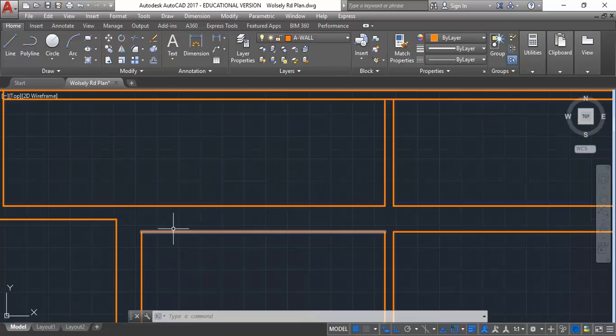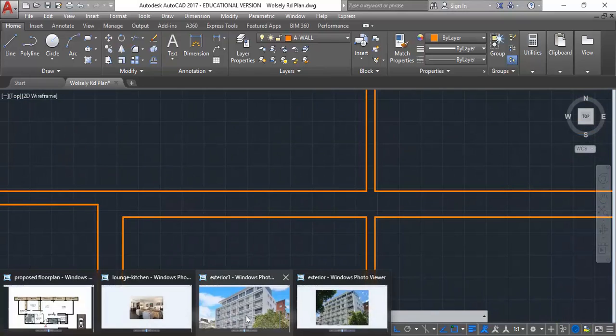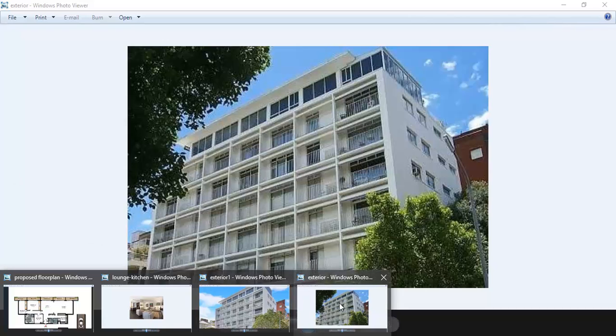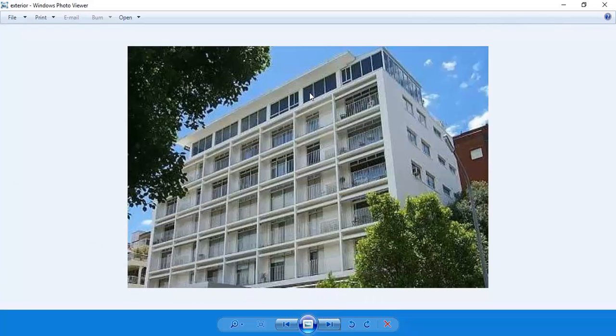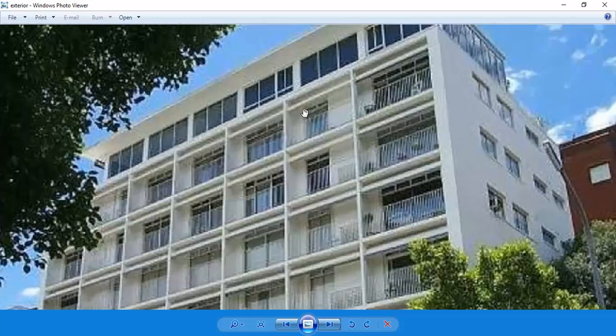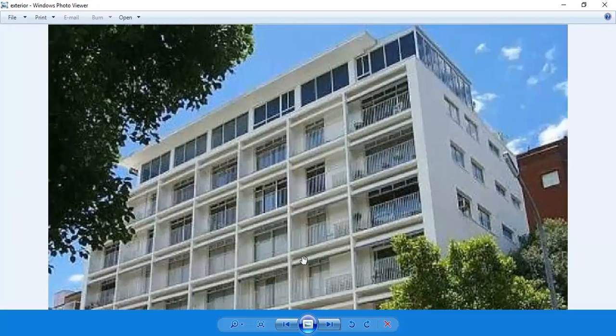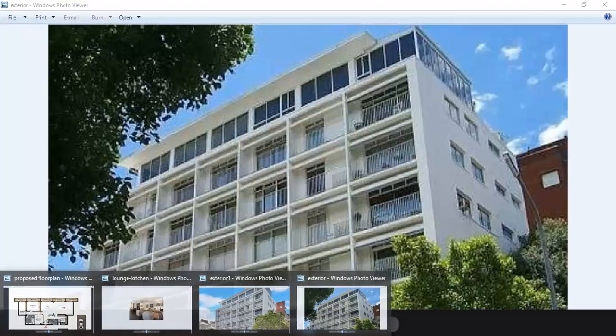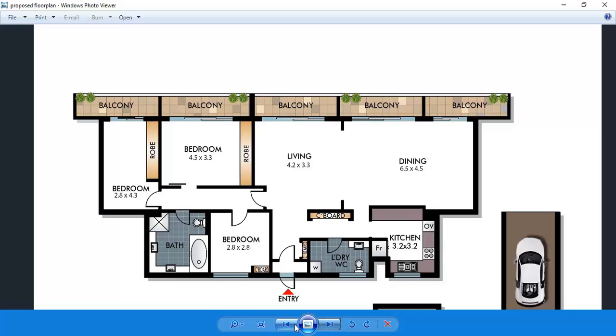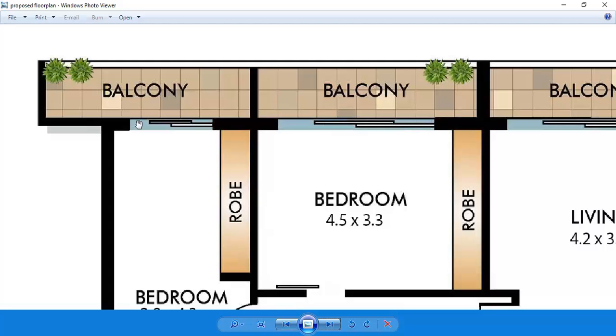Okay, so I'm going to set out the opening for my sliding door, and I'm going to use the photos to work out the size it should be, because the photos obviously are showing what's really there. The two floor plans that I've given you are only indicative, and so I'd say this one is the one that's closest, because at least it's got the return or the wall there